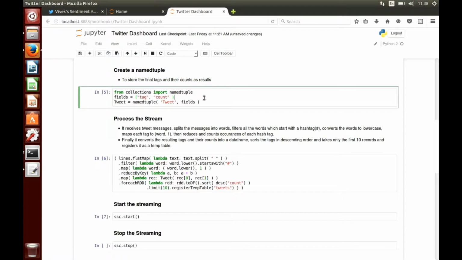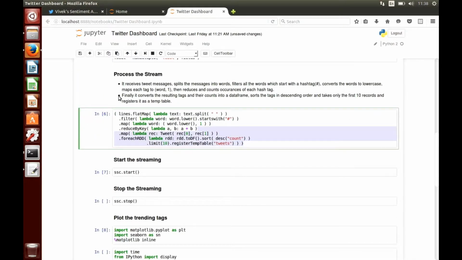and now once I've collected those tweets, what I'm interested in doing is counting all the other hashtags that are present inside that tweet. Okay, just to let you know what the trend looks like. So I need two fields, the tag itself and its corresponding count. Now, this is where the real magic happens in Apache Spark. So I'm going to take all those tweets, split them into lines. So split them into lines meaning, let's say